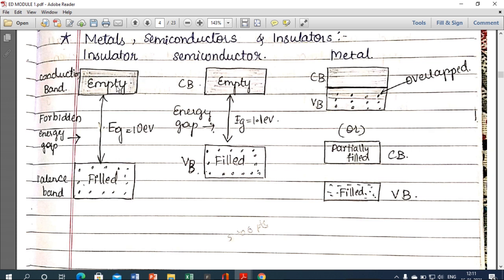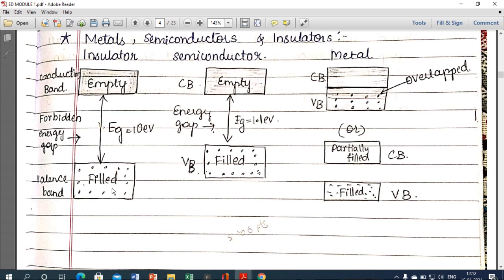So as soon as electrons enter the conduction band, those electrons will cause the flow of current. But here, because of this energy gap, there is no possibility, even if I apply an external force. If I go on increasing the external force here, then what it does is it will start burning.